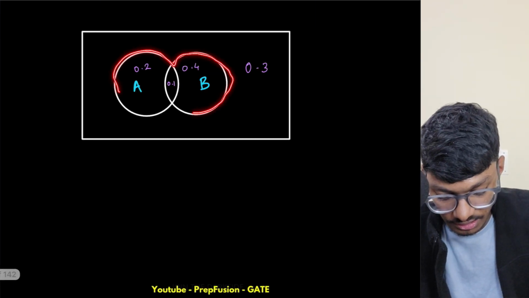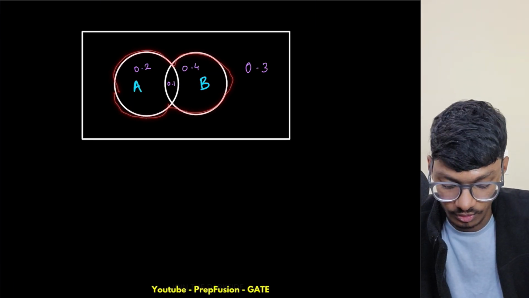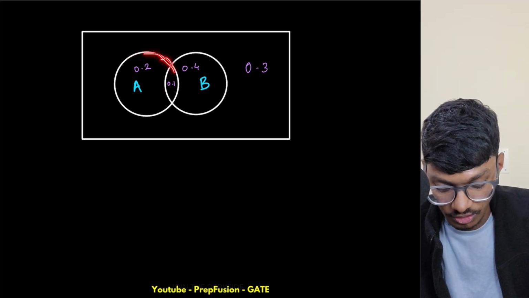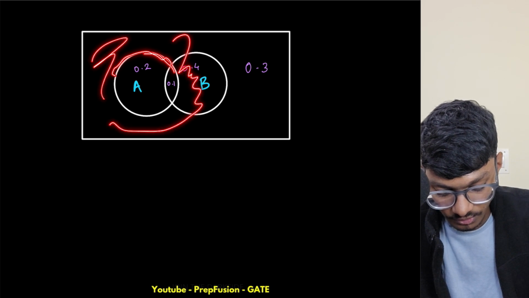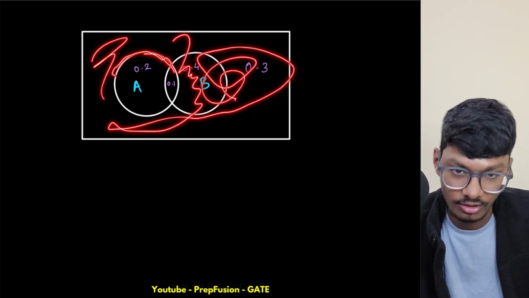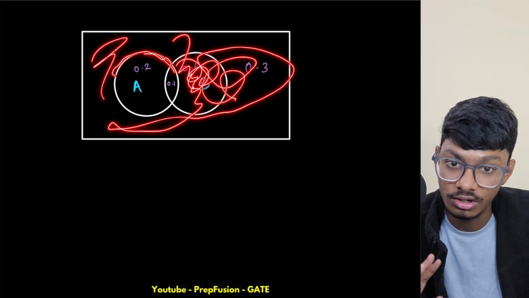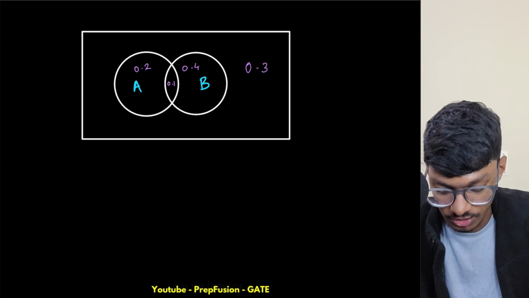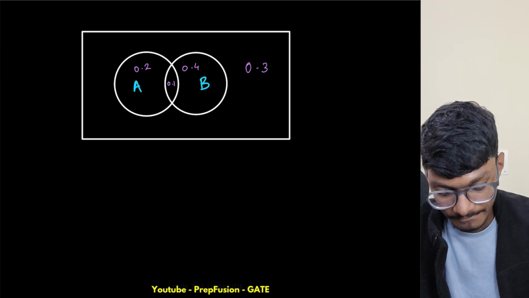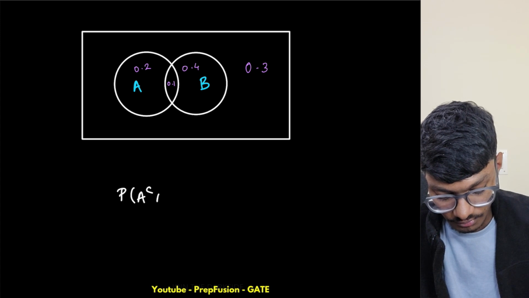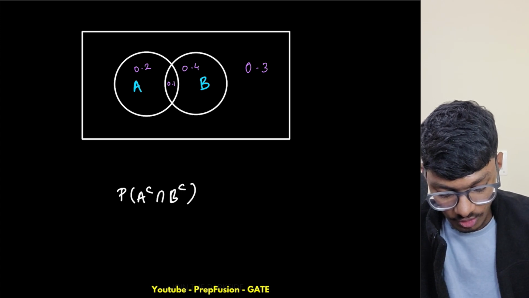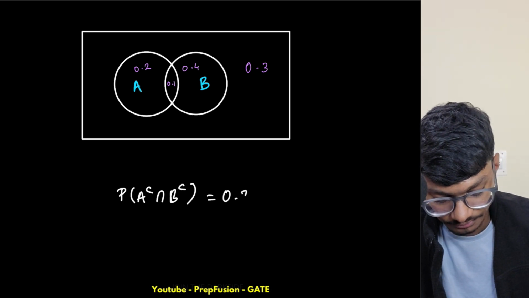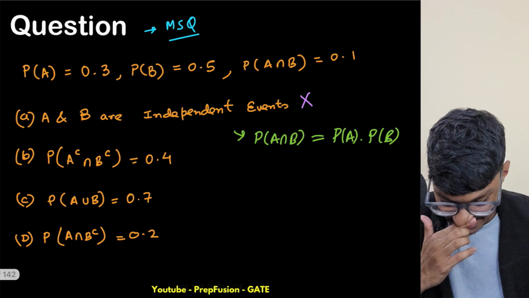So this area is A intersection B. Okay, like I don't want A area. So what is A? I don't want A. So this is the whole area where I want, because I don't want A. Again they are telling us I don't want B either. So I have to remove B also. So only this area is remaining outside A and B. So this is equals to 0.3. So my A complement intersection B complement will equal 0.3. Okay, which is wrong here,